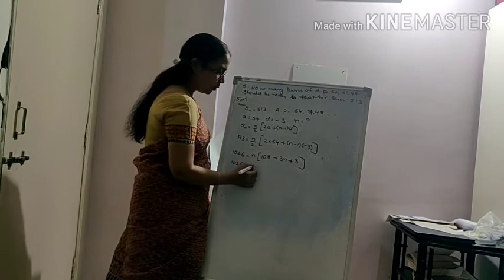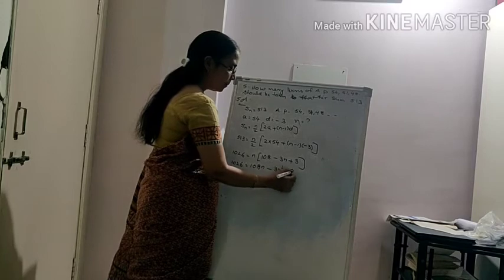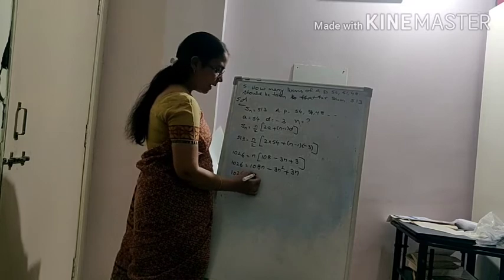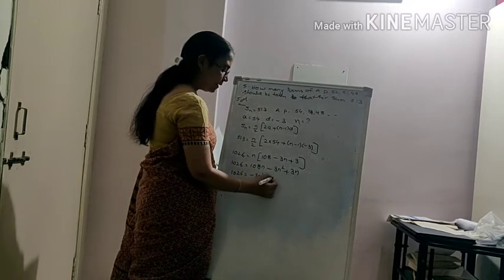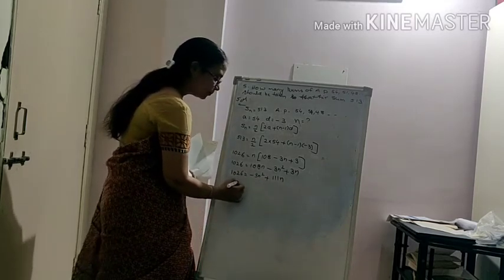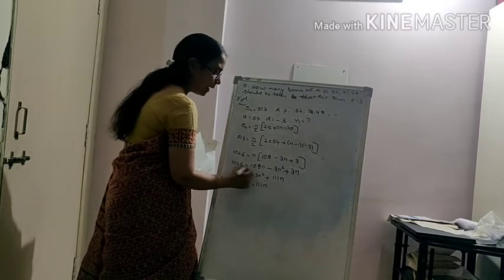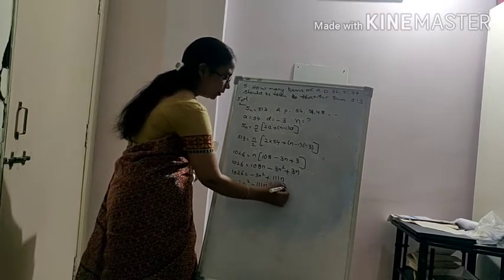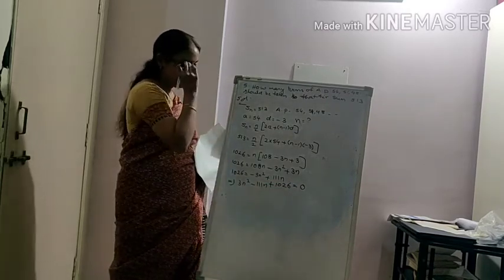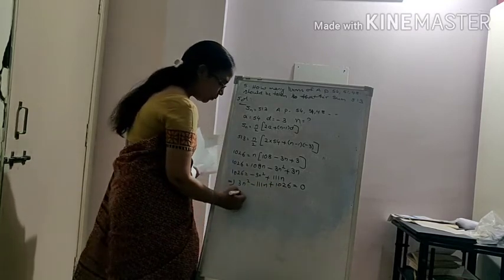1026 is equal to 108N minus 3N square plus 3N. So 1026 is equal to minus 3N square plus 111N. This can be written as 3N square minus 111N, transposing this side so that the coefficient of N square will become positive. There is a quadratic equation coming here, and if I observe, all these are divisible by 3. So let us make it more simplified.